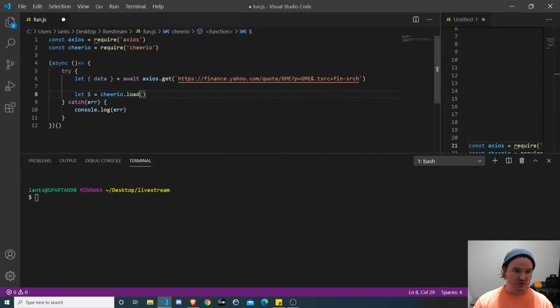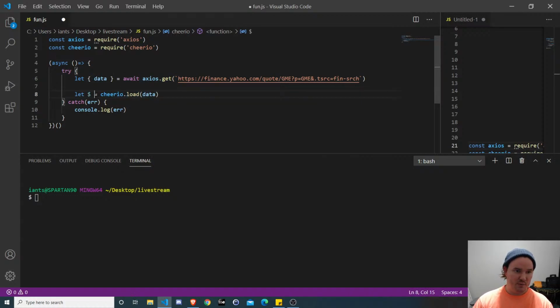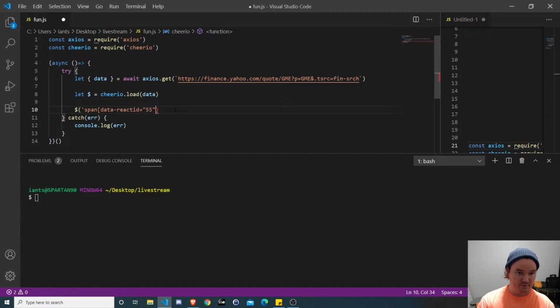It's kind of cool. So if we pass the HTML string that we get back from Axios to Cheerio and assign that to the $, then we should be able to do something like $, and just like if we were using jQuery, we can pass in span, because it was a span, and then data react ID is equal to 55.